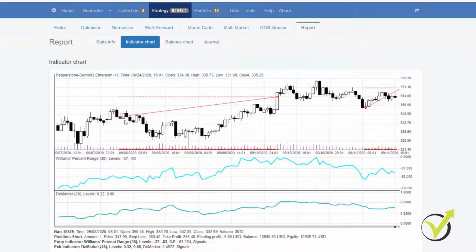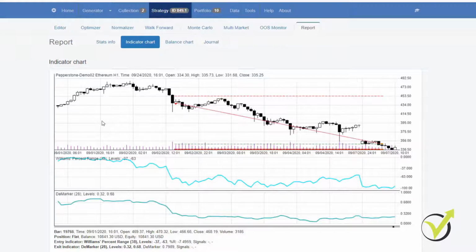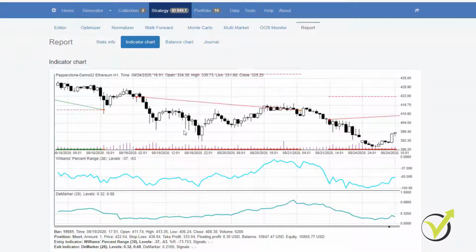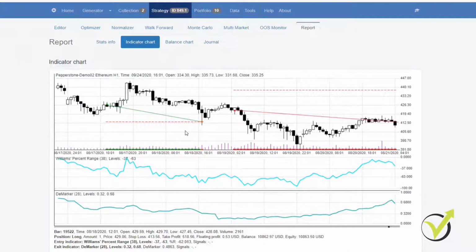For example, you can see right here there's a short trade, but the stop loss was hit, so that's a negative trade. Here is a positive one. The trade opened right here and the take profit was hit, so it's because of the Williams percent range crossing downwards. And the indicator chart is very useful to understand exactly how the strategy works.